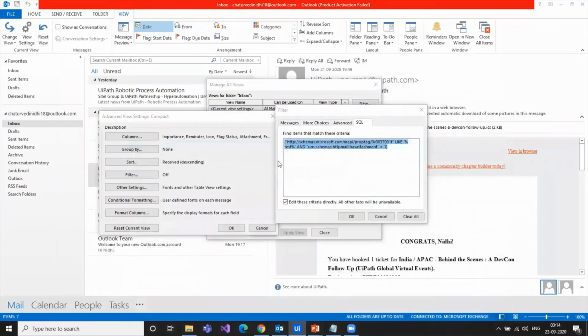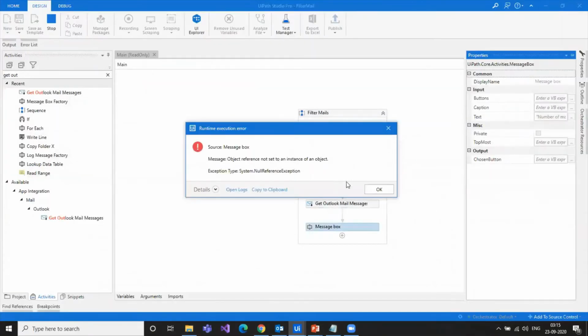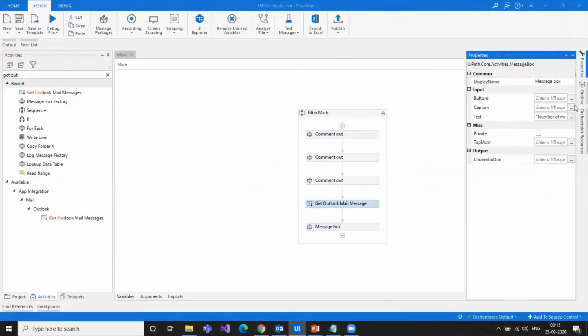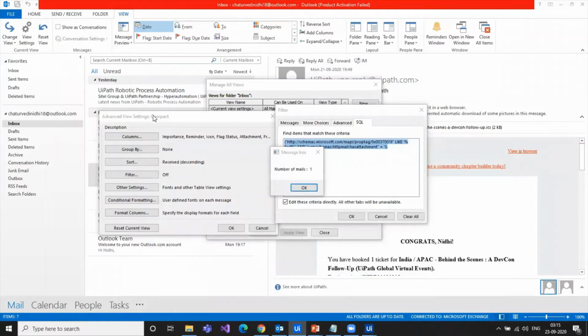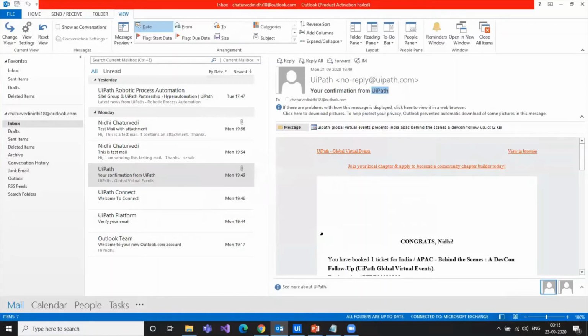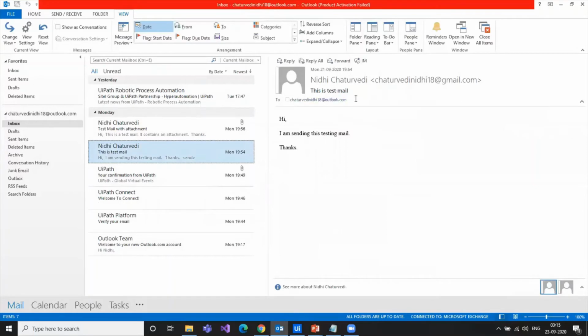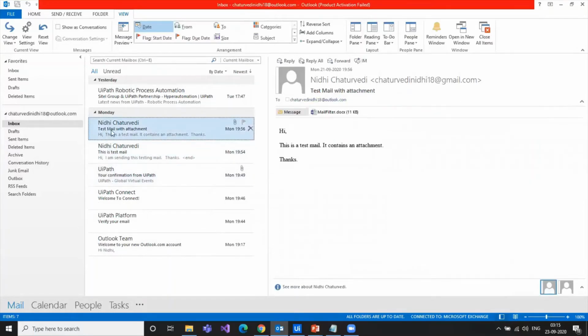And in this file, okay, the error was because we did not save the output to any variable. Done. And the number of mails, 1. Let's quickly verify this as well. Okay, the subject line contains test. Okay, but this doesn't have an attachment. This also contains test and this has an attachment. So yes, we only had one email where the subject line was having test and it was having an attachment,